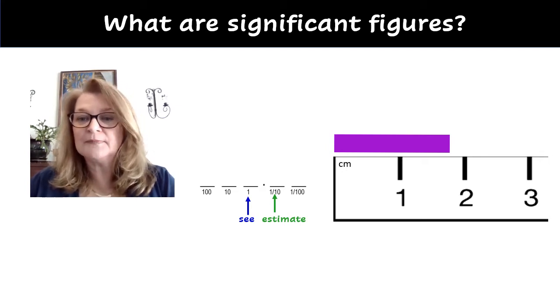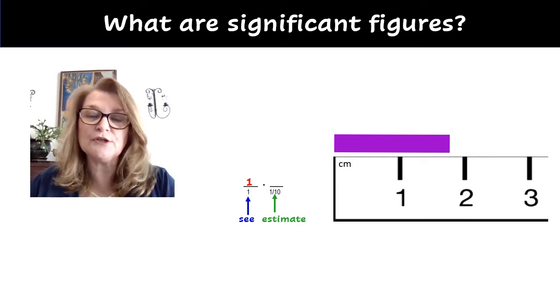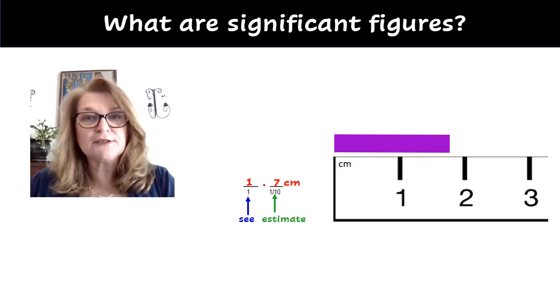So looking at that, it doesn't quite reach 2, so my ones place would be a 1. And I need to estimate where I think it falls in between the 1 and the 2. I'm going to say I think that's about a 0.7. Now you might look at that and say you think it's 1.6 or maybe 1.8, and that's okay because neither one of us can know what digit goes in the tenths place. We're both guessing at what number goes there, and we might guess it slightly differently. But we should agree on the 1 in the ones place